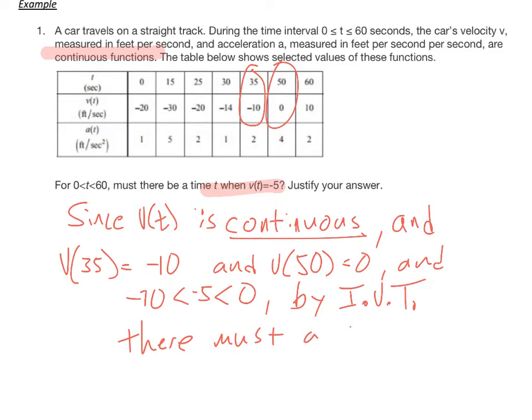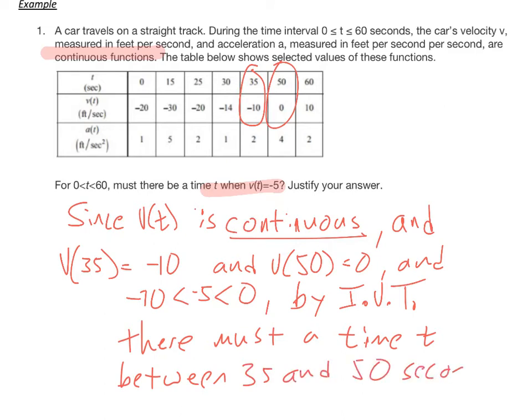a time t between 35 and 50 seconds where v of t is exactly negative 5. All right? So,